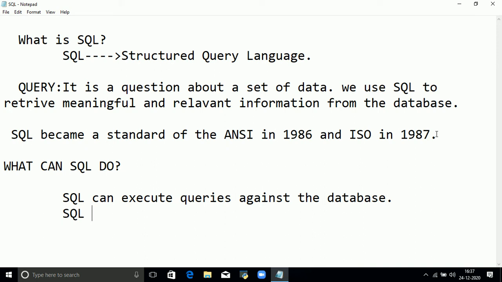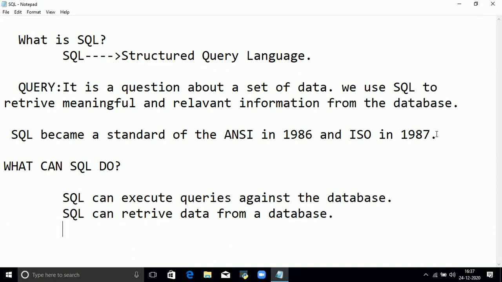SQL can retrieve data from a database. With the help of SQL, we can access or retrieve data from the database.